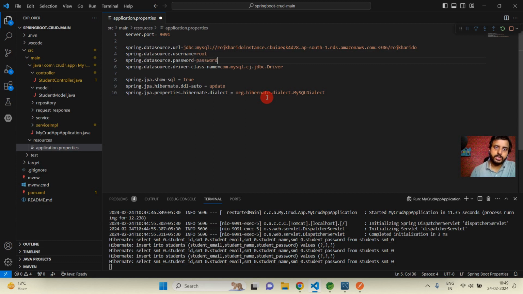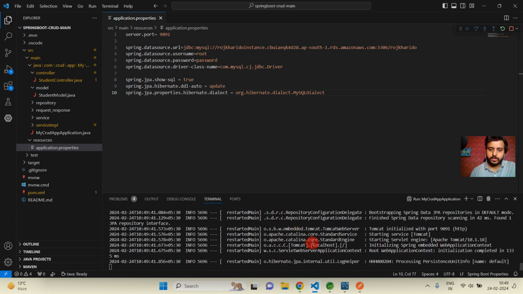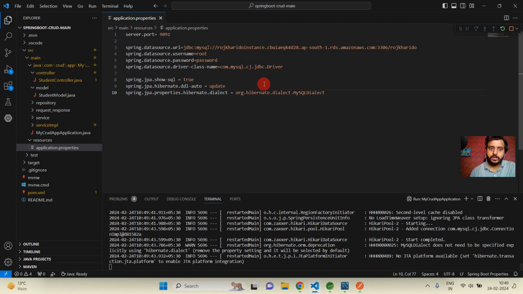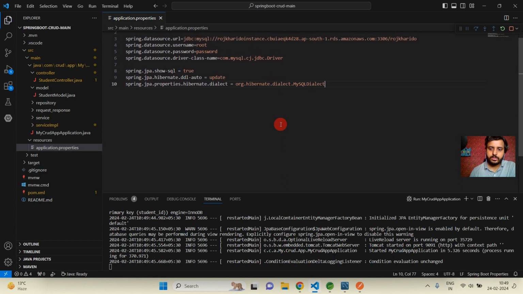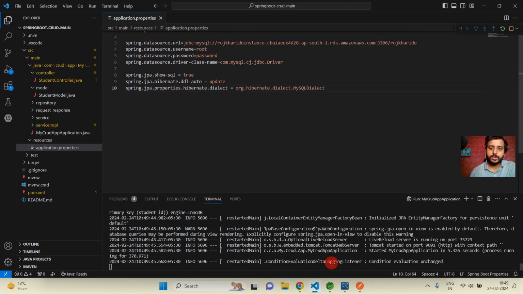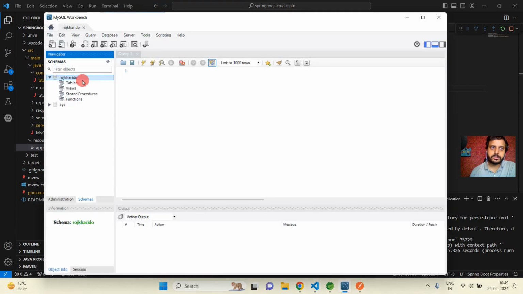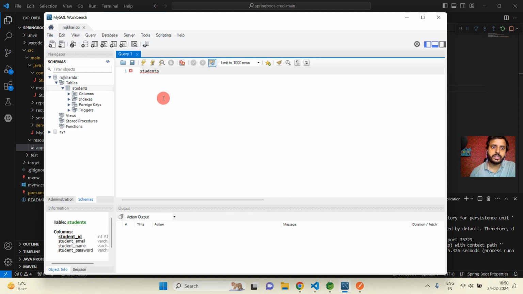during the creation of the database in RDS. Okay, so username is root and the password is password. So now I'm going to save this. After saving this project, now I'm going to check in the Workbench. Okay, so in the Workbench I'm going to refresh this. So here you can see one table available now, means this table was automatically created